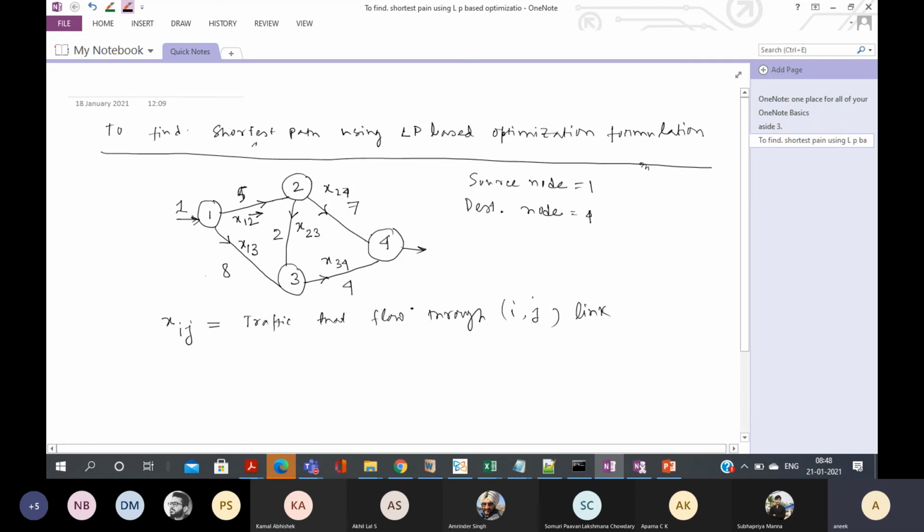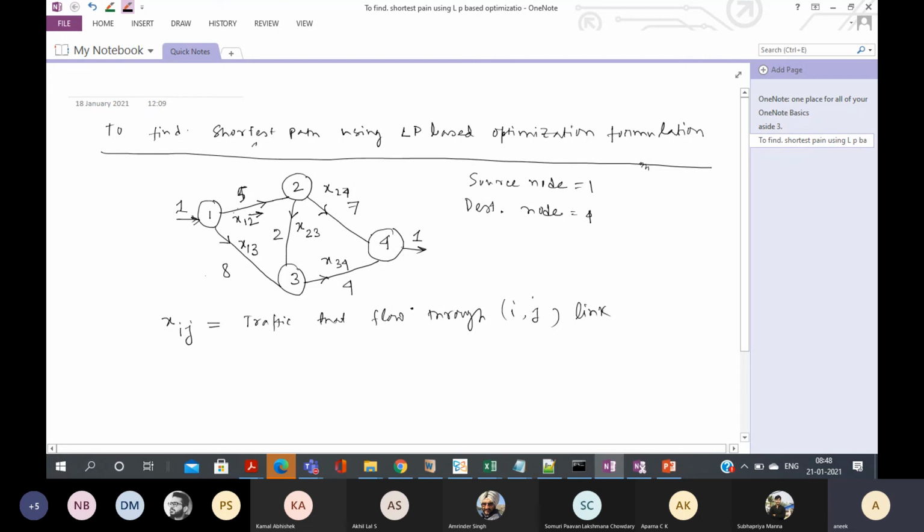We consider that 1 unit of traffic comes in at node 1 and then 1 unit of traffic should leave. There is no sink at node 1, and in node 4 also there is no sink.